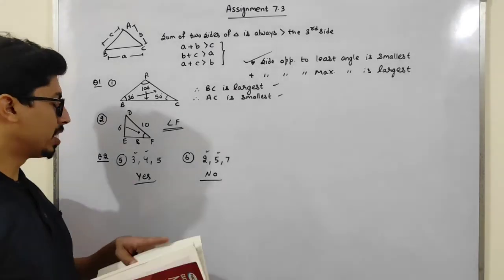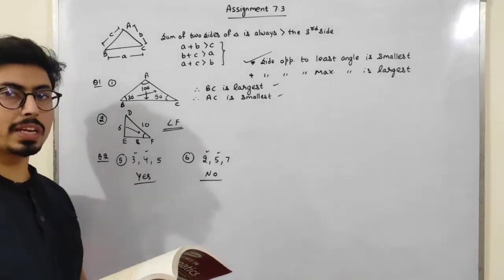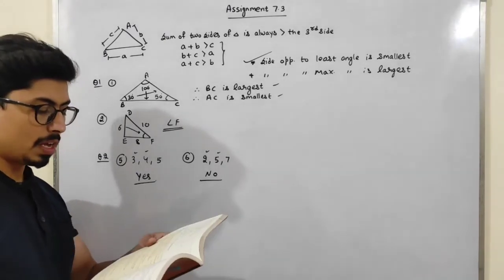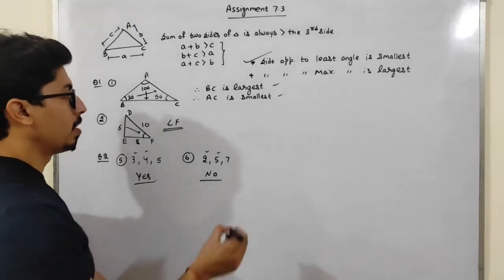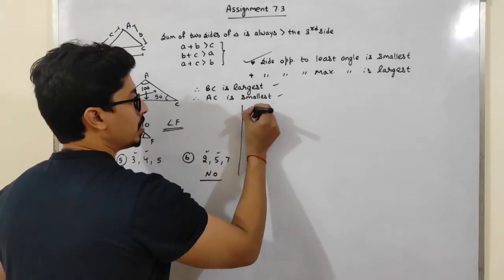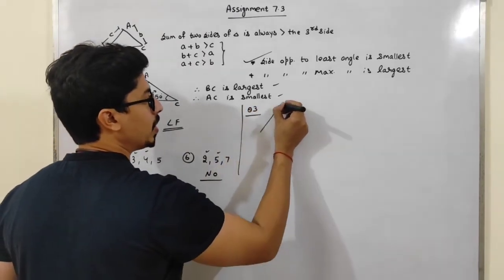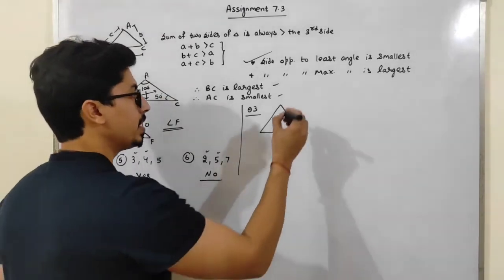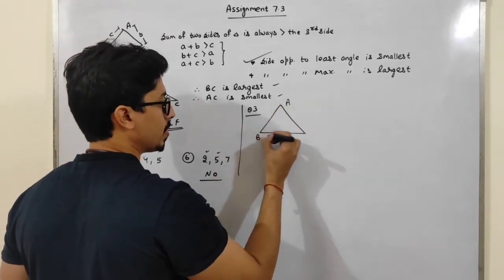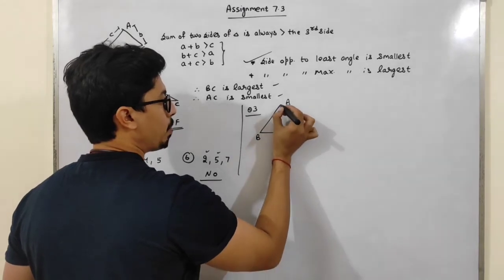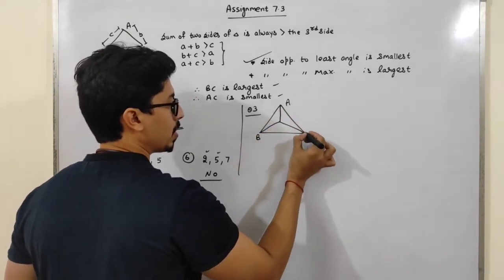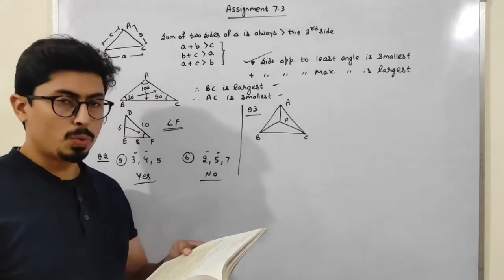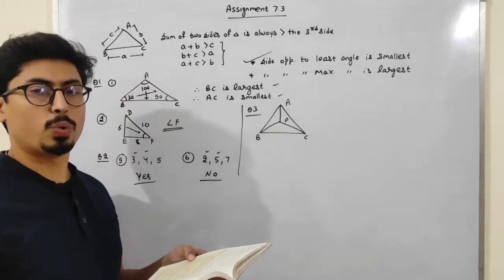Okay. So this is our question number second. Just do one thing. Just do the remaining part of this by yourself. Now I am taking question number third. See, in question number third, this figure is given to us. This is triangle ABC, and a point P is given here. Okay. And three parts are given to us and we have to just tell true or false.